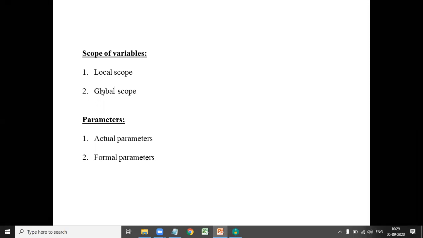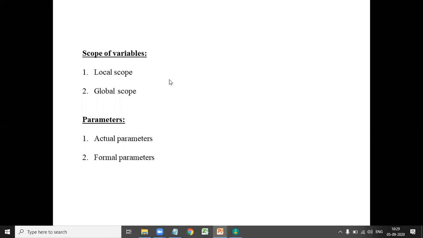Local scope, global scope. You already know implicit declaration and explicit declaration. Implicit declaration means the variable is declared without the var keyword. Suppose if you declare a equal to 10, that is implicit declaration. If you declare var a equal to 10, that is explicit declaration.